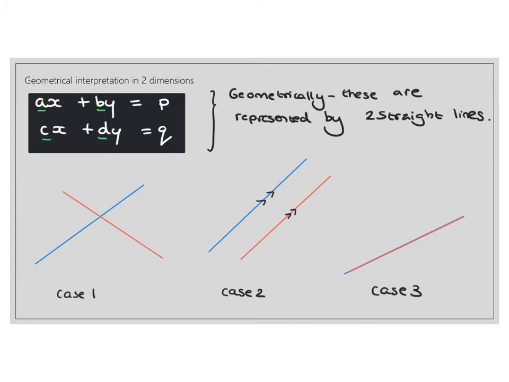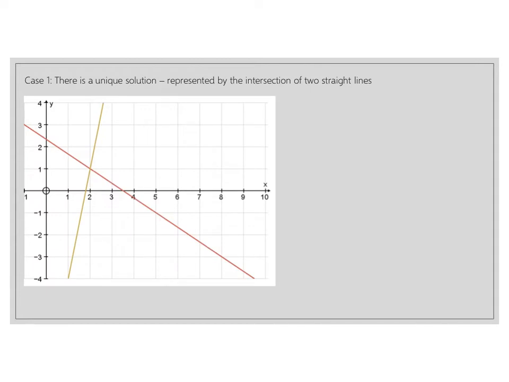we must explore. So I want to have a look at this pair of simultaneous equations. So equation 1 is the equation 2x plus 3y is equal to 7, and it's represented on the graph by this red line here, 2x plus 3y equals 7, there we go. And then the second equation, which is 5x minus y equals 9, and that's represented by this gold coloured straight line over here. So the first case scenario, we're dealing with a unique solution, which is represented by the intersection